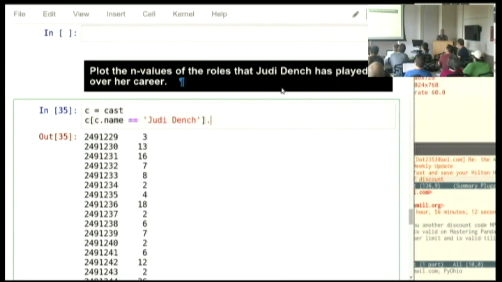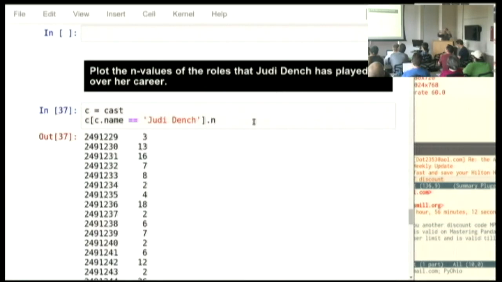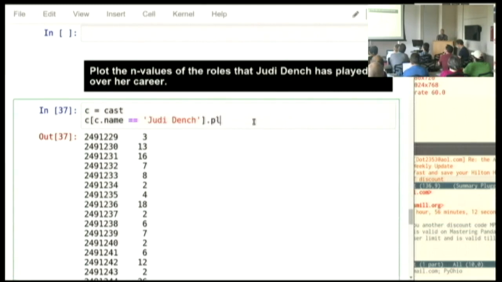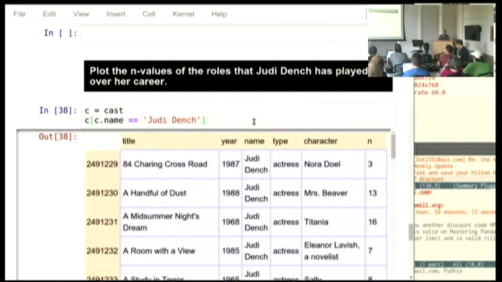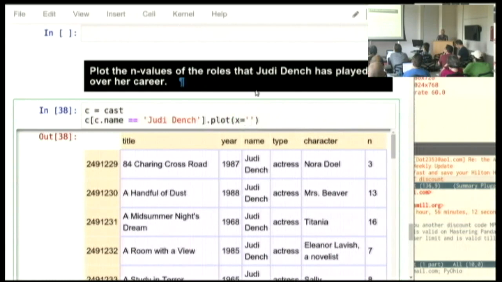We don't just need .year. We don't just need .in. We kind of need the years and the ins together, because I want to plot her career as it's moved from supporting characters to main characters, I mean, whichever direction it's gone. And so if you need plot to ignore your index, because that's just the row, remember, in the file that you read in, if you want it to use an X and Y of your own choosing from this data set, then you can ask for X to be, let's say, the year. That makes sense. And the Y value to be the in.